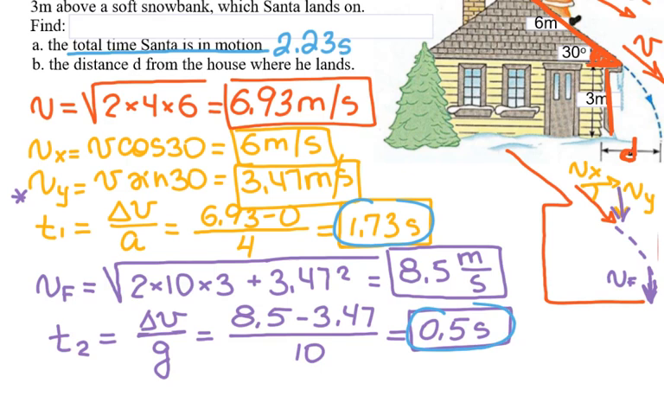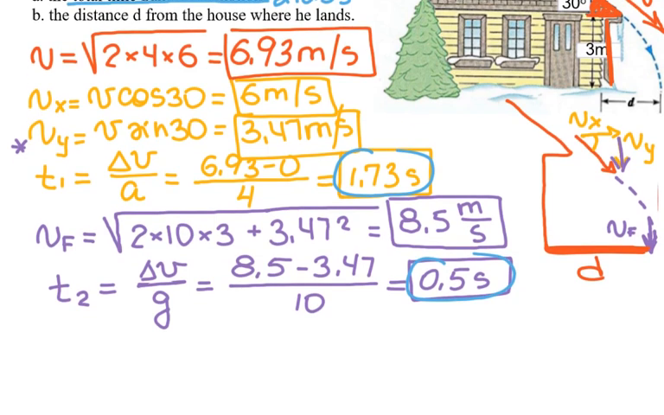How far does he land? So I'm going to do that one in red. So now I'm going to calculate this distance. How far does he land? So this distance is equal to